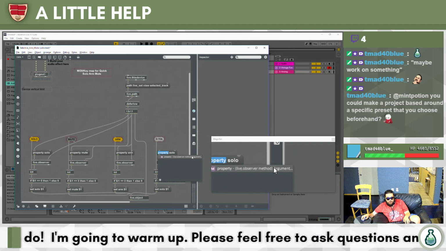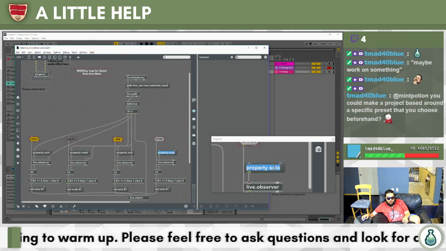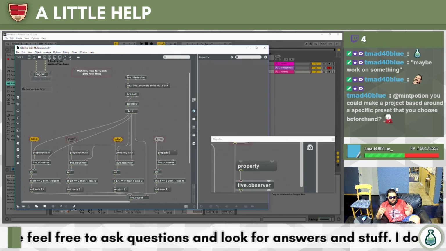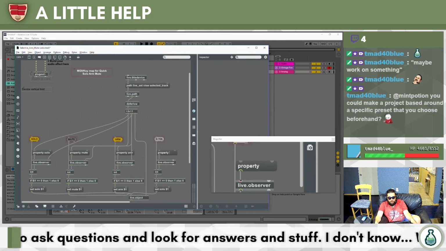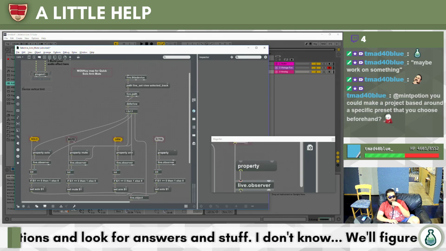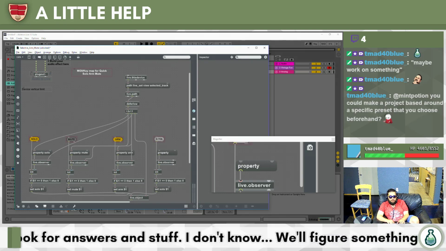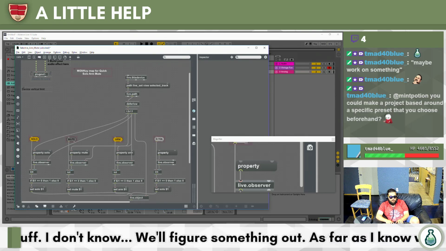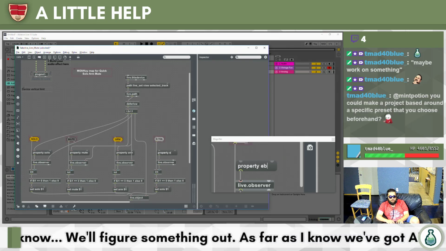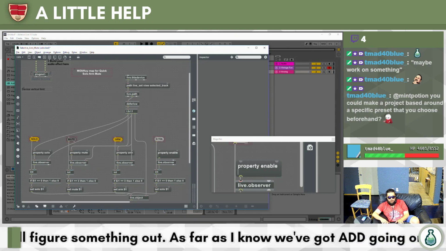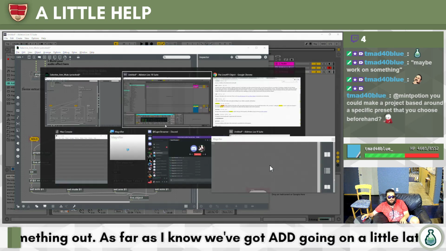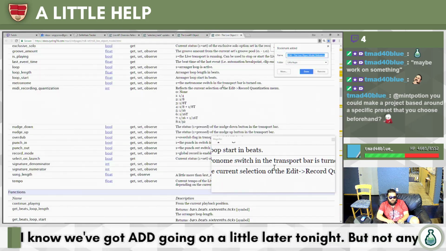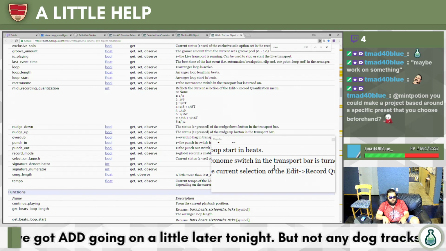So for live observer property, instead of solo, maybe the observer is probably the object that keeps track of our selection or the context of what the application can do next. So enable is a pretty bog standard term. I would have to look at the scripting API for that. I'm not sure if it's enable. I don't want to bookmark this.